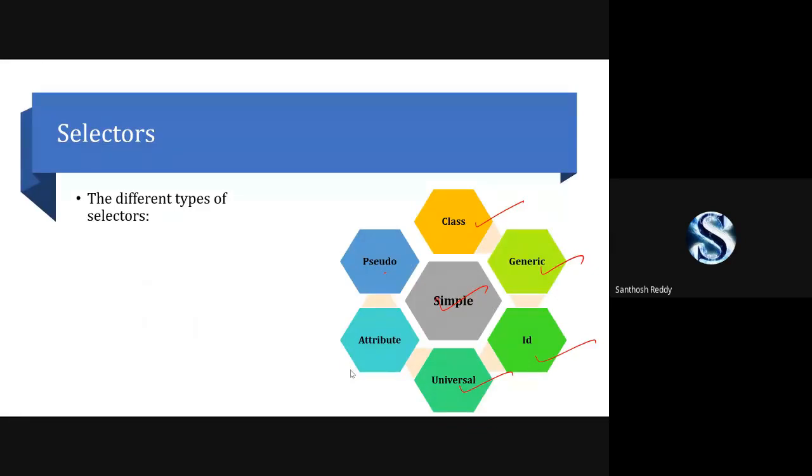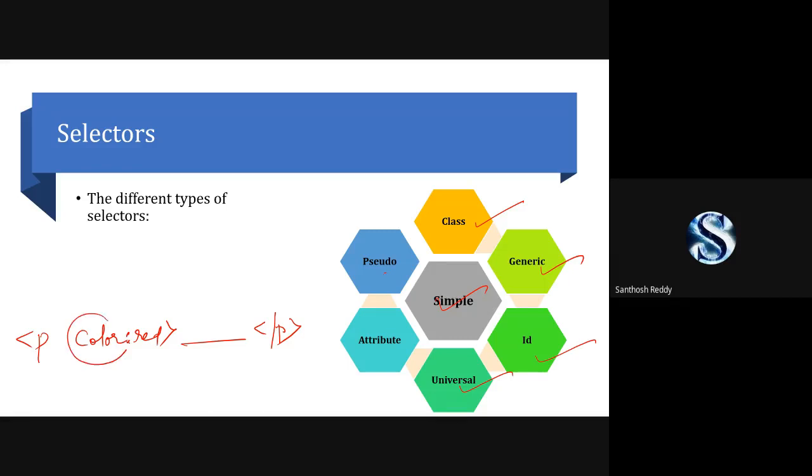An attribute selector is nothing but, for example, suppose you have a paragraph tag, in which you might have mentioned some color, colon, red, and you have written some content and closed your P tag.